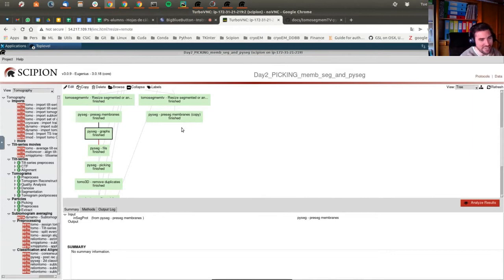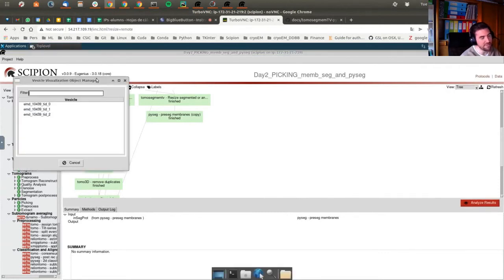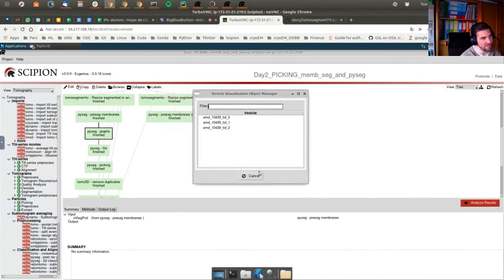We can use the fancy 3D viewer again by clicking on Analyze when selecting the graphs protocol, and by double-clicking on one of each elements. Each of these represents a vesicle. The 3D viewer should be displayed with the